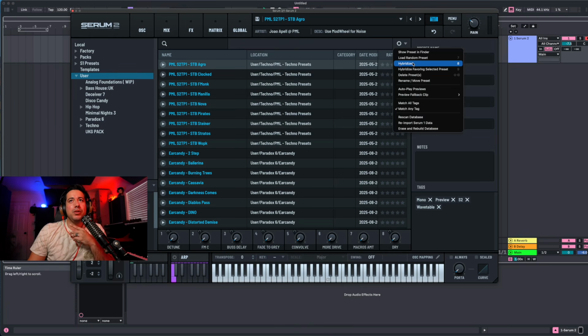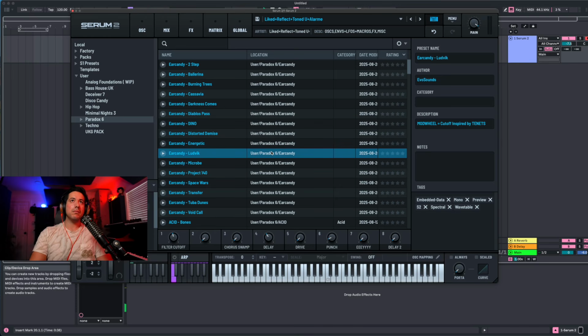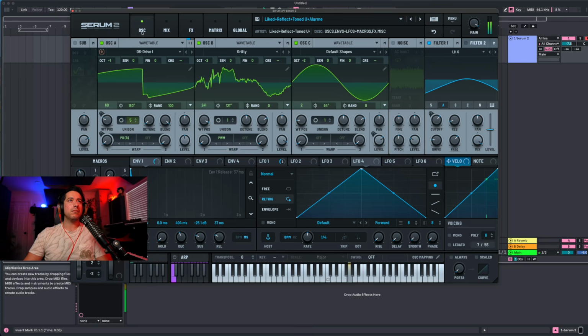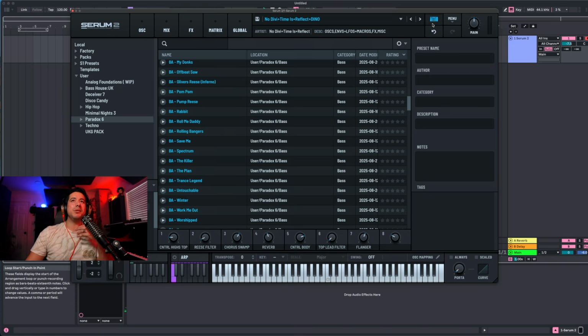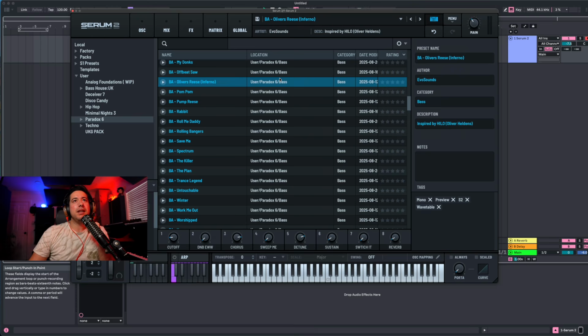The other thing that's cool too is we can hybridize. So yeah, it's like combining the presets and making a new sort of preset. So you can also have hybridized favoring selected presets. So if you hit 9,